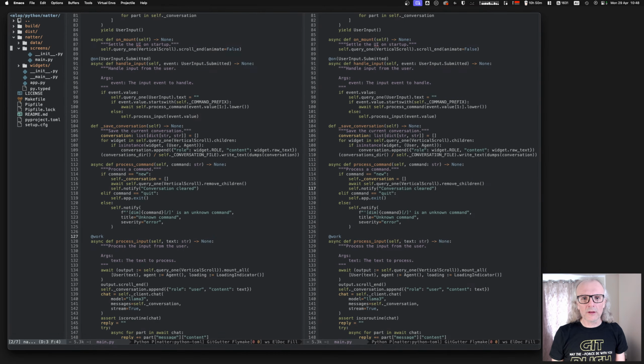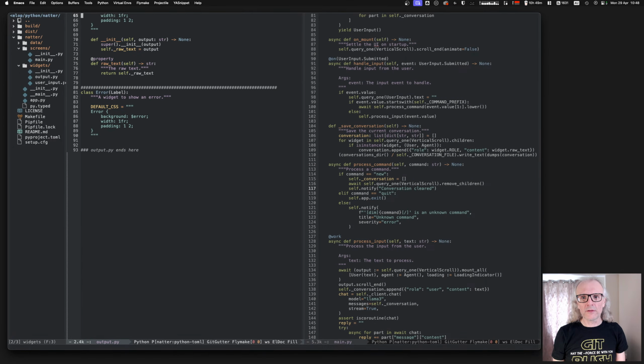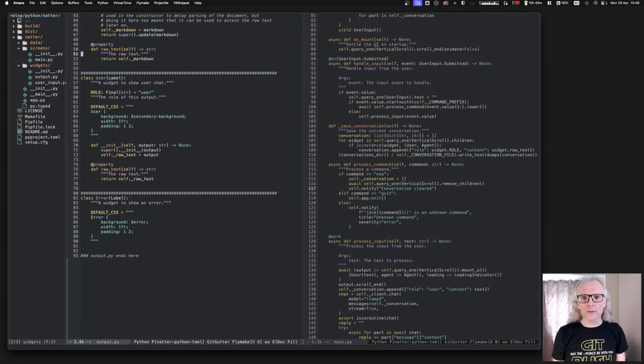So right, what I was thinking of doing was, it's basically the outputs. As I said, the agent replies, markdown. It's the user replies I'm interested in. So I'm thinking I'll make them so they can be focused.